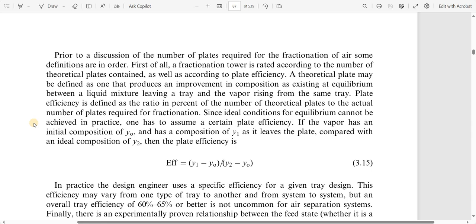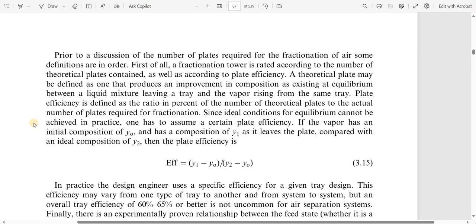Plate efficiency is defined as the ratio in percent of the number of theoretical plates to the actual number of plates required for fractionation. Since ideal conditions for equilibrium cannot be achieved in practice, one has to assume a certain plate